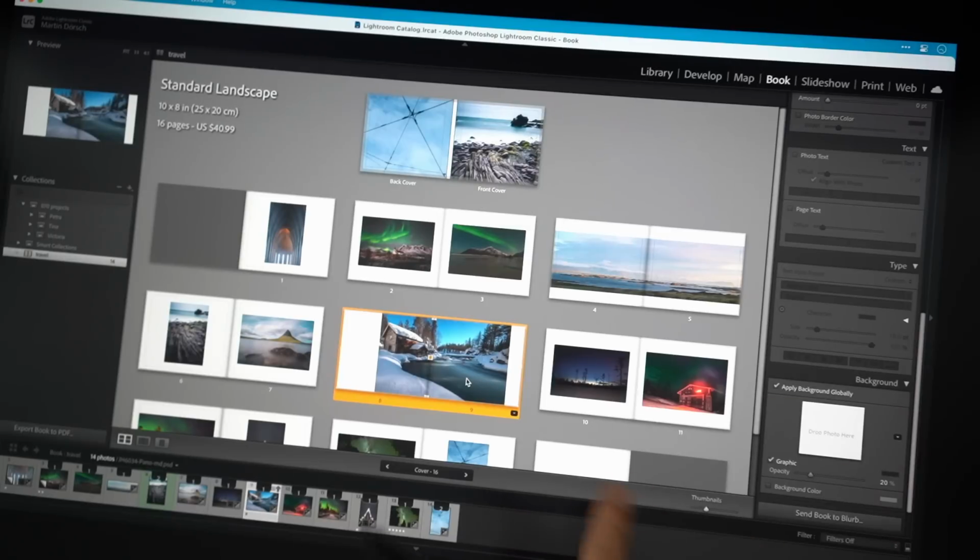Sometimes there are problems with uploading to Blurb inside the Book module, and I had exactly the same issue with the book I have shown you before. And what you can do is the following. Inside Lightroom, on the right side, you will send the book directly over to Blurb. But on the left side, you have the export